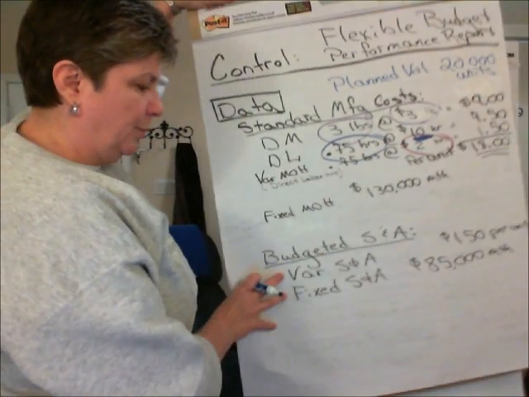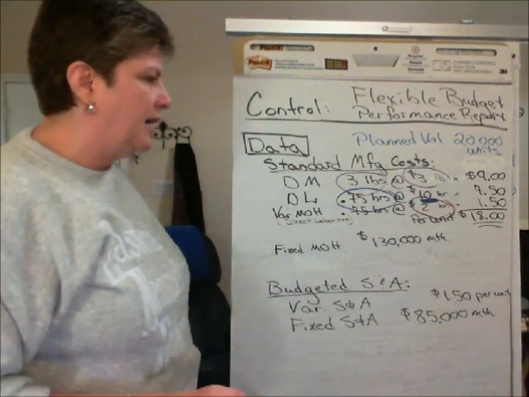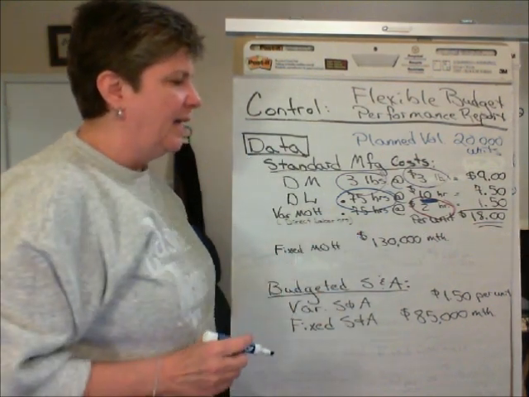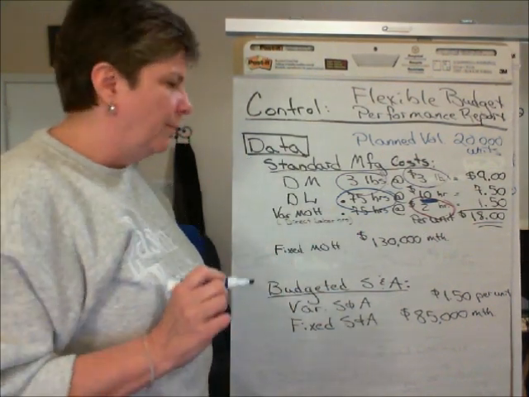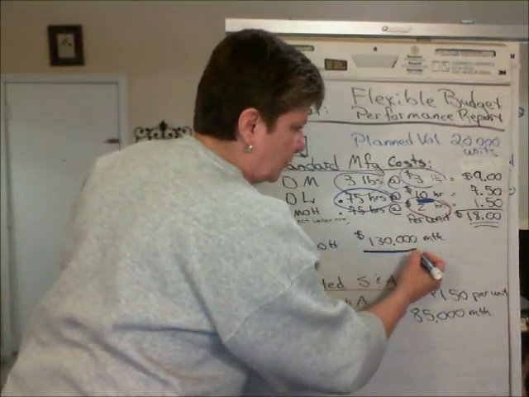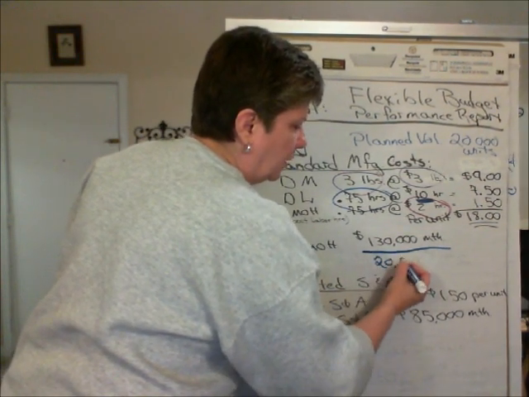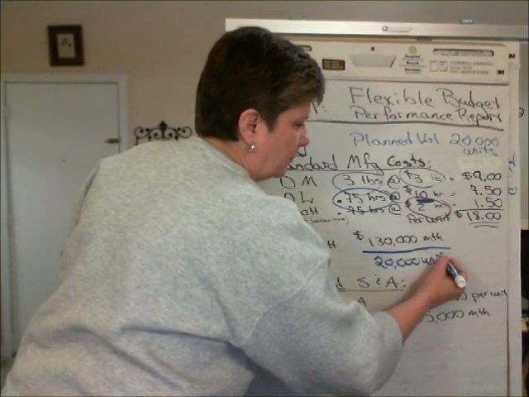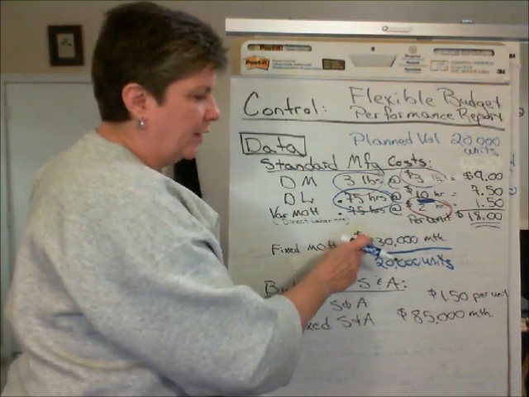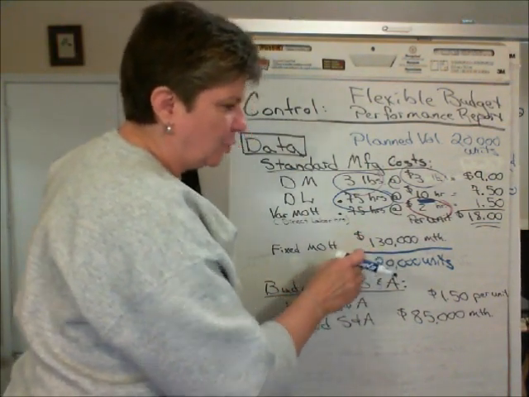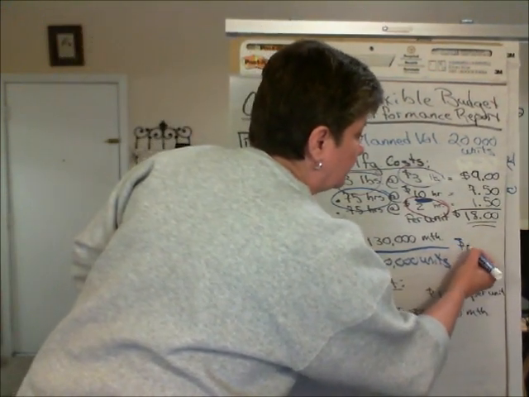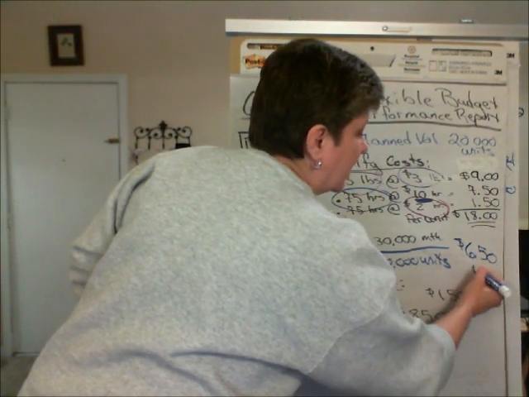So let's go back to our data for the standards. Recall our fixed overhead we just saw was budgeted at $130,000 per month. Also recall that planned production was 20,000 units. So if we're applying overhead per unit, then 130,000 divided by 20,000 units is going to give us a fixed overhead rate of $6.50